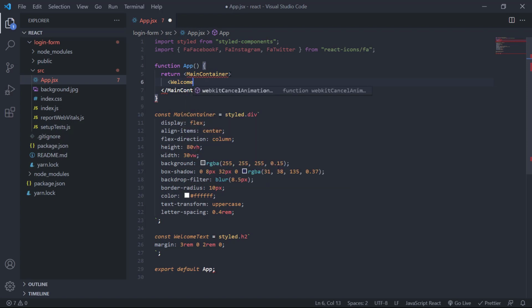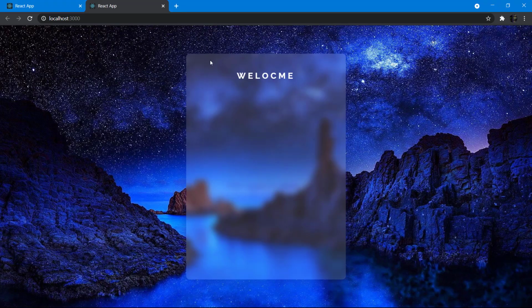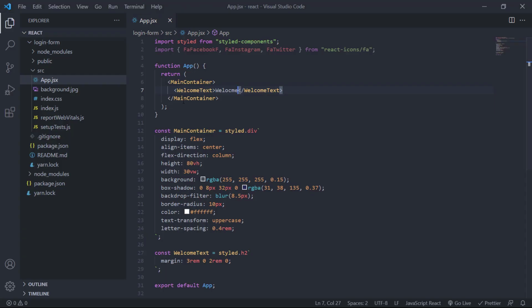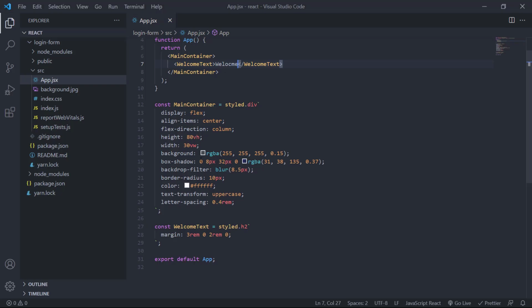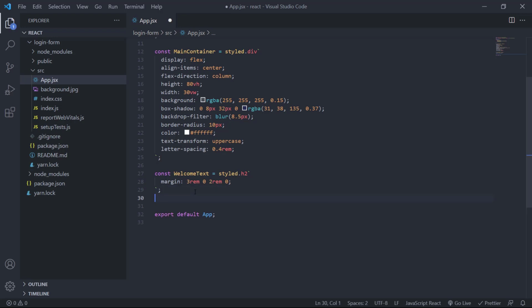Welcome text, and let's write welcome here. Let's test this. Yeah, it's done. Now we'll need an input container for these input tags. So we'll create